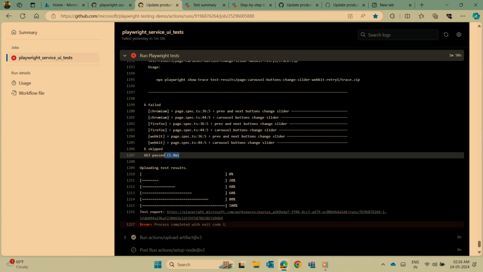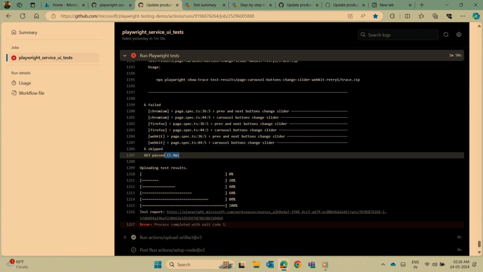The client machine now connects to the browsers that are hosted on the service. And since the browsers are not opened in the machine, it can connect to multiple browsers in parallel and bring down the time it requires to finish the test suite. Now, Playwright service can also help you troubleshoot the failures faster. You can see some of the tests have failed. Now, let's see how you can do that.